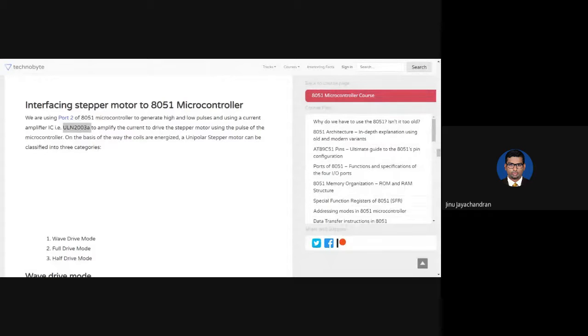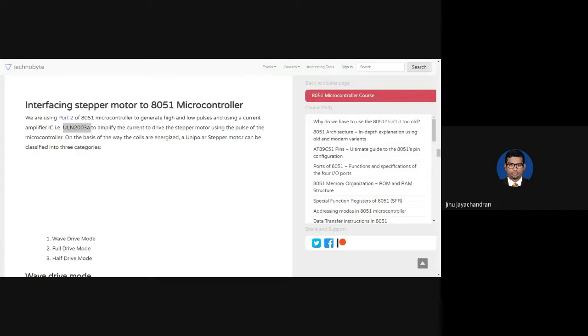this is the IC. Now whatever you see as B is an input from the controller. So your controller will be somewhere here. The port pins will be connected to 1B, 2B, 3B, 4B, etc. The outputs 1C, 2C, 3C, 4C will be going to the stepper motor. We'll see in Proteus how this is done.